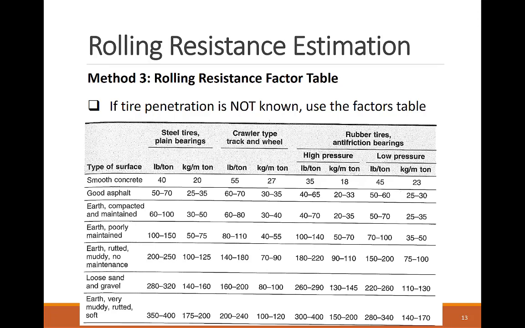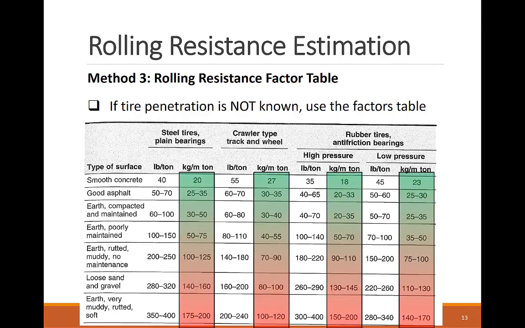The values are given as rolling resistance rate, like kilogram of rolling resistance force per each metric ton of equipment weight. Remember, the weight here is the gross weight of the equipment, meaning its own weight plus any load it carries. The rolling resistance values are also given in the US unit system. You can see that the rolling resistance for all equipment